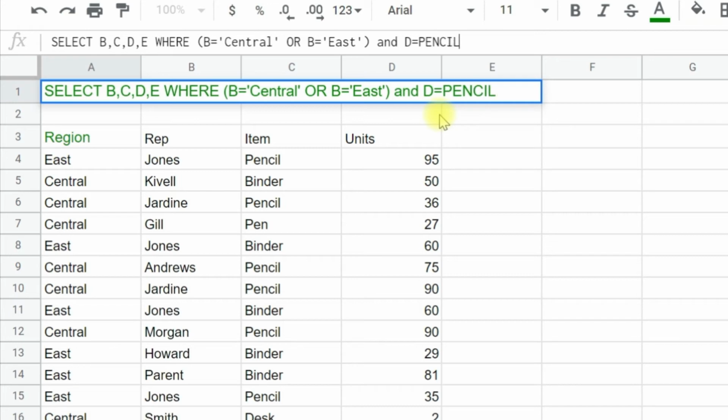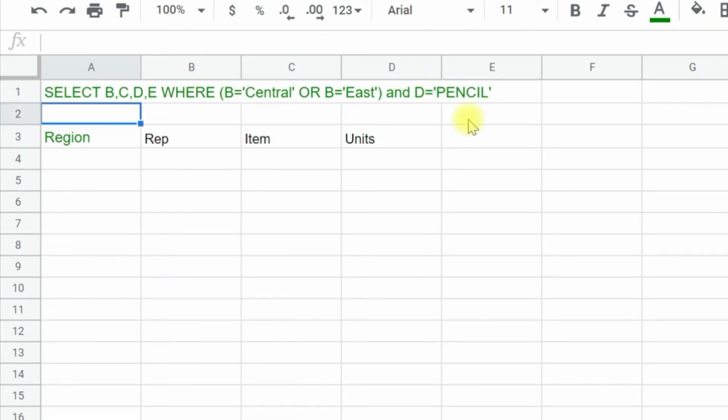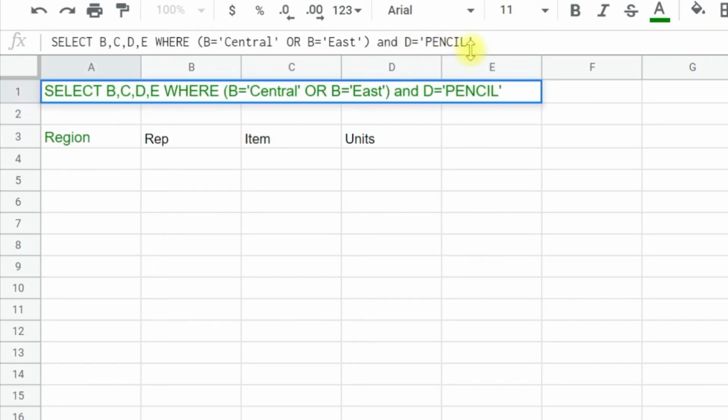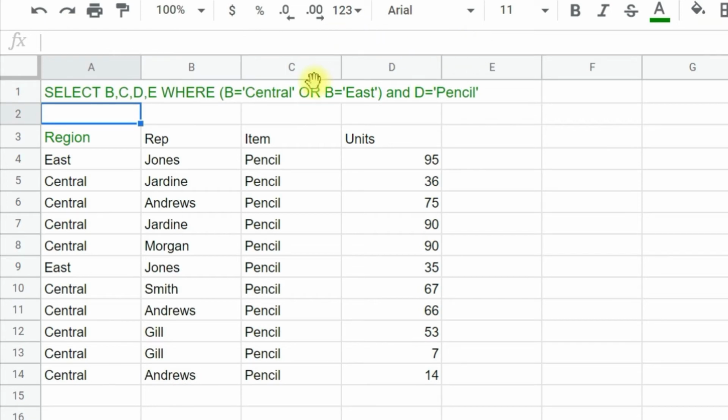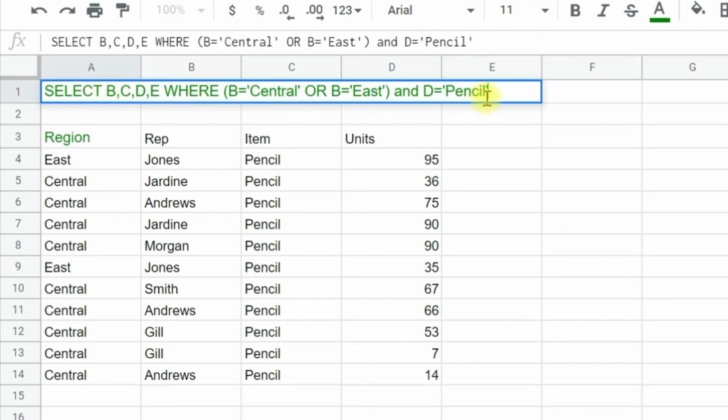Under single quotation, as it is text. Again the first letter is uppercase and the rest lowercase, so we'll put that. So you can see only pencil entries for central and eastern, because there is an OR operator in column B.